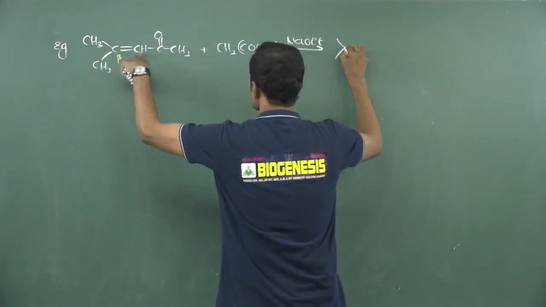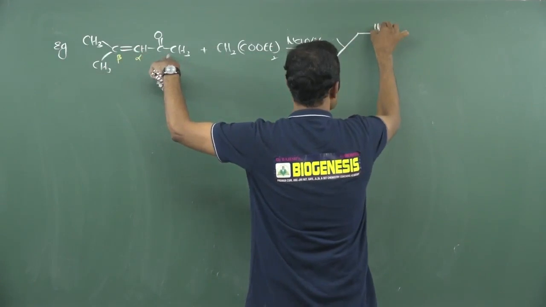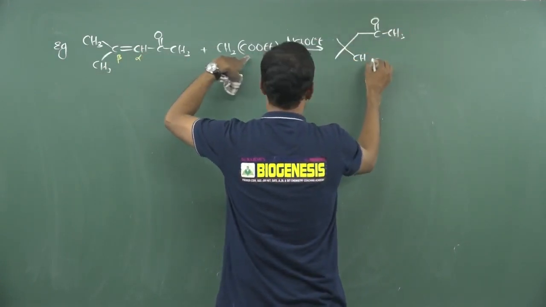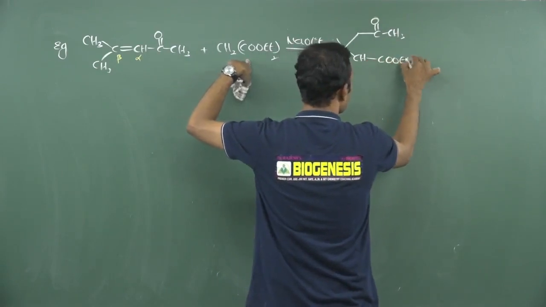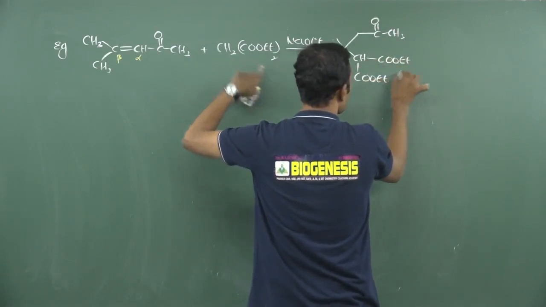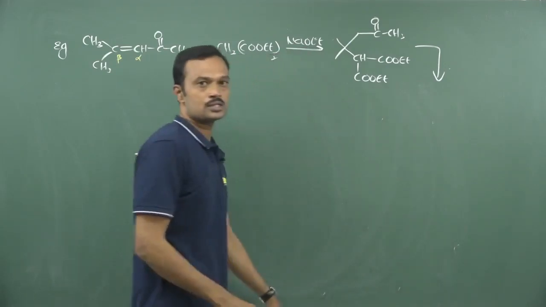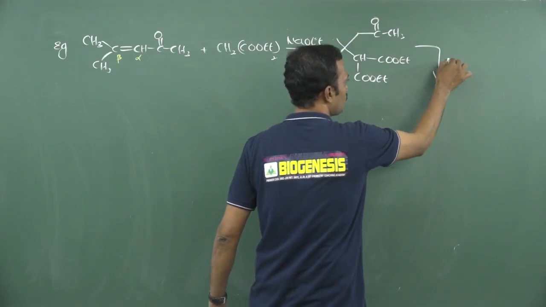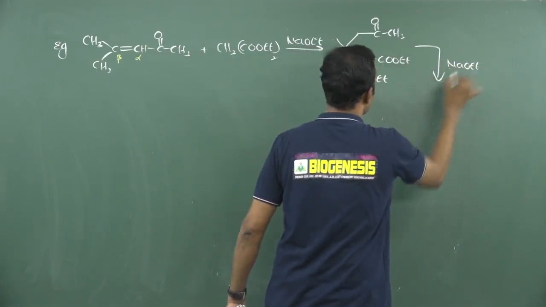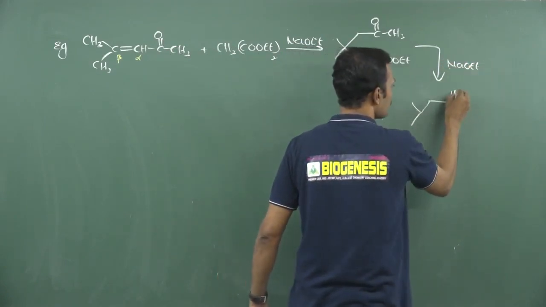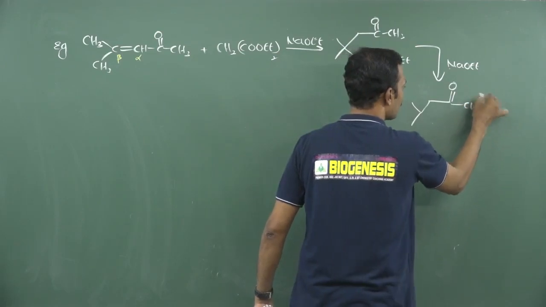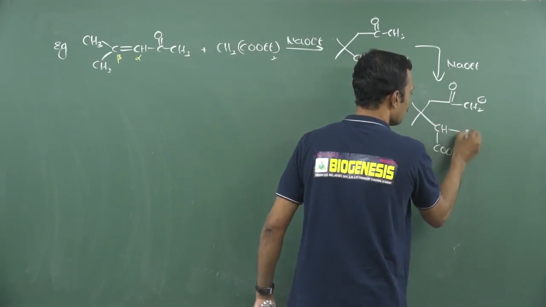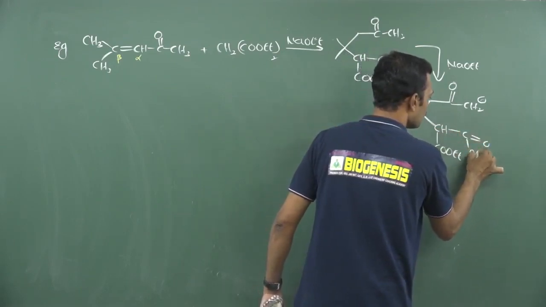See, this carbon is this, and this is CH2, it is attached to C double bond O CH3. Next, this carbon is CH, now it carries COOEt, and here also COOEt. So it is carried out in presence of a base. Now the ketonic carbon hydrogen loses a proton. After losing the proton, this will carry a negative ion. This is CH, now COOEt, and here also I am writing COOEt like this.